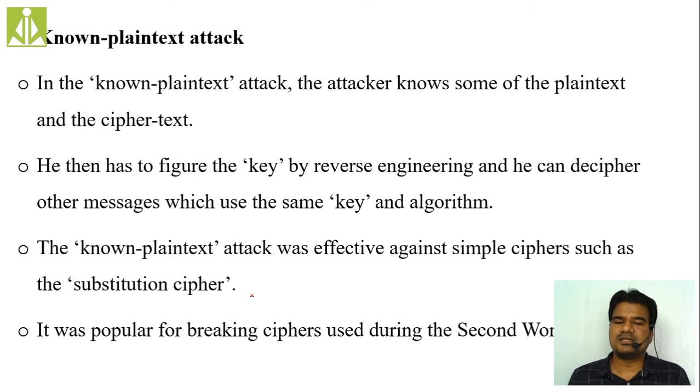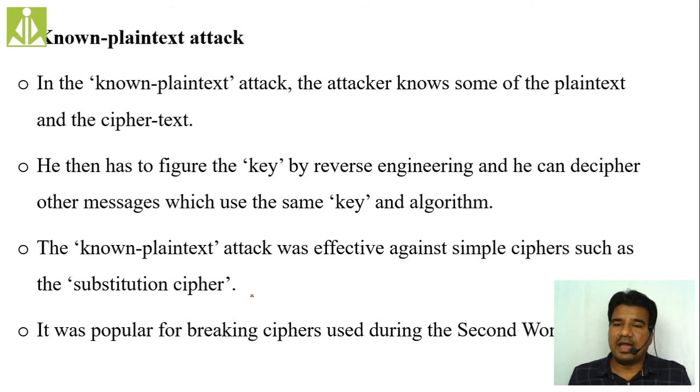Okay, so the next category of attack, known plain text attack. What the attacker did is, by some means he captured one plain text. Definitely, in transmission we are going to send many messages to our recipients. From those many messages, the attacker will gain one plain text. By some means he is gaining one plain text. Now he has many ciphertexts from the transmissions in hand, as well as one plain text in hand, and he also has the cryptographic algorithm in hand.